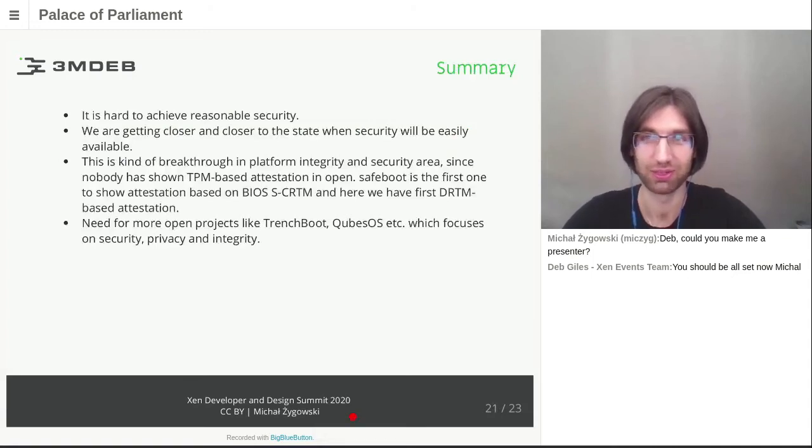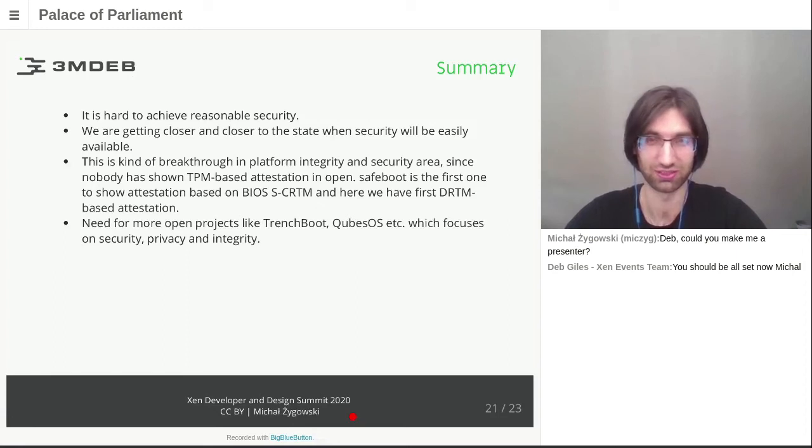And a quick summary. As shown, it is quite hard to achieve reasonable security. One has to go through an issue resolving process before everything is going to work. We are getting closer and closer to the state where security will be widely and easily available, but there's still a lot to do to make it work out of the box. And I think this is a kind of breakthrough in the platform integrity and security area, because nobody has shown a